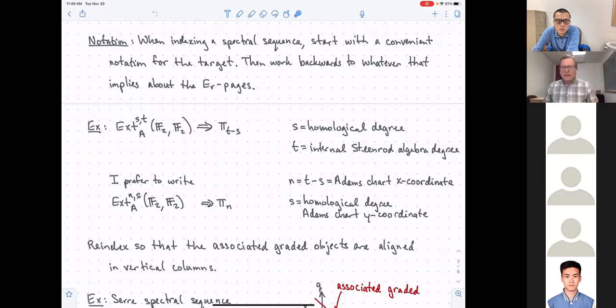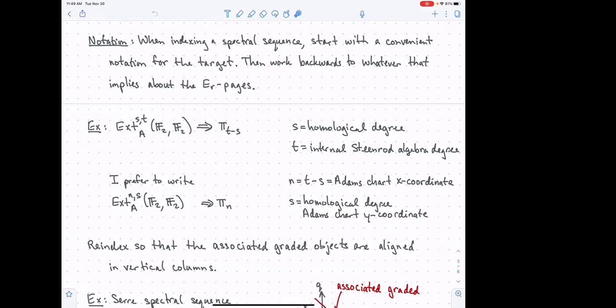for example, right? Let's say I'm interested in what's going on in the Adams chart at degree 17,4. Well, I would write Ext 17,4, and I immediately know where to look on a graphical chart. 17 over, 4 up, 17,4. Okay, 17,4 in the other notation would be written 4,21. So then I have to take 4,21 and subtract them to get the X coordinate 17, and then I have to switch the order and put the 4 at the end for the Y coordinate,